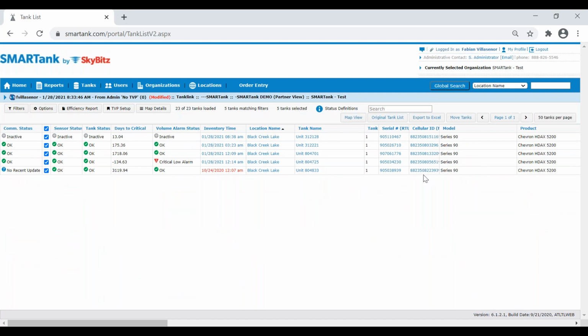So you'll see that we have 5 tanks at this location. One which is made inactive, and one which is showing that it hasn't recently updated. All of the others seem to be fine, with the exception of this unit 804725, which is showing in critical